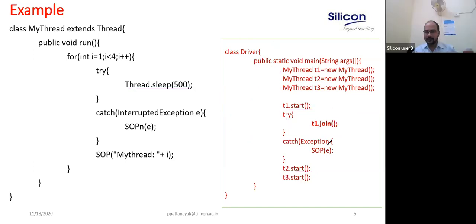Okay, the exact exception I am not able to tell you here, but you can search in Google if possible. I can answer in the next class what exactly that exception is. But when join is used, it has to block the main thread. That is not in our control. The control moves to the JVM, and the JVM moves it to the operating system. When the operating system blocks, there may be some scenario where it throws an exception. So that exception needs to be checked. Clear? So let us execute this program also.